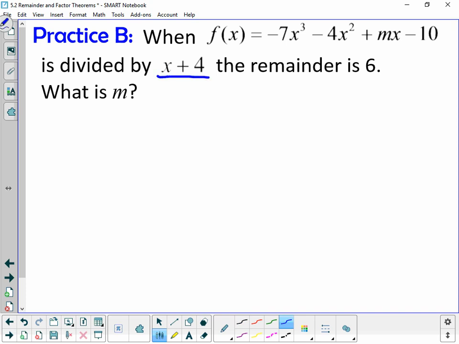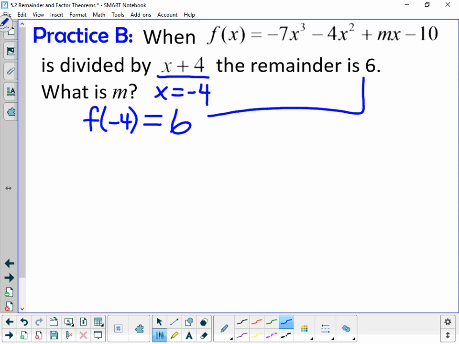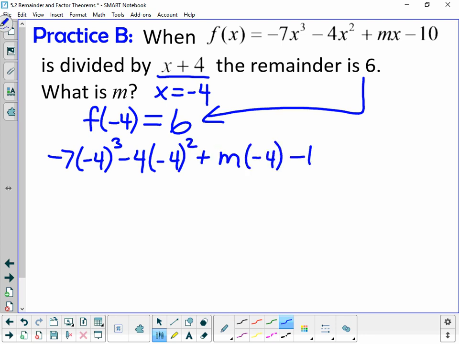So we're dividing by x plus 4, so we can use the root -4 in the function. And if we do substitute -4 into the function, the remainder theorem tells me that that will be equal to the remainder, which is 6. So let's go ahead and substitute that in. And again, it's equal to 6. So negative 7 times negative 4 to the third power